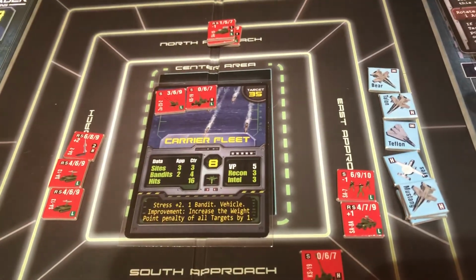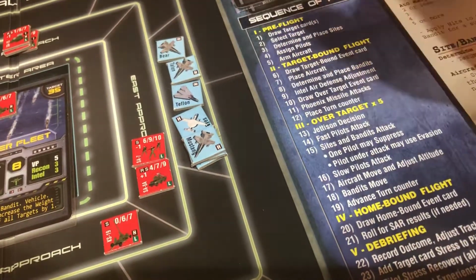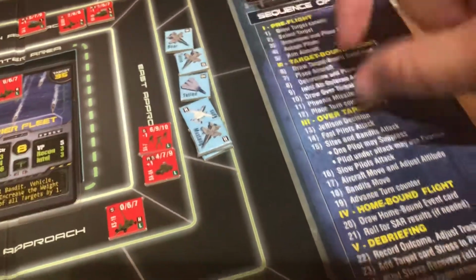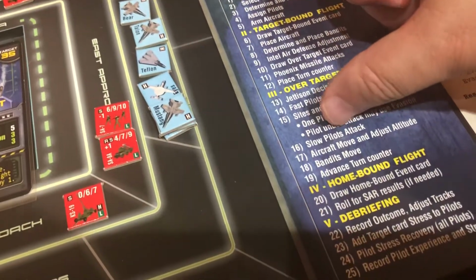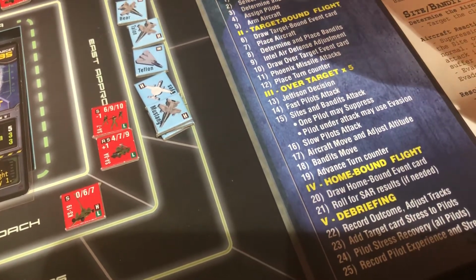Right now there's no planes in the sky bothering us. Sights and bandits attack. There's no sights or bandits that can hit us. They completely miss us. And now we get slow pilot's attack. So now with the slow pilot's attack, we get to